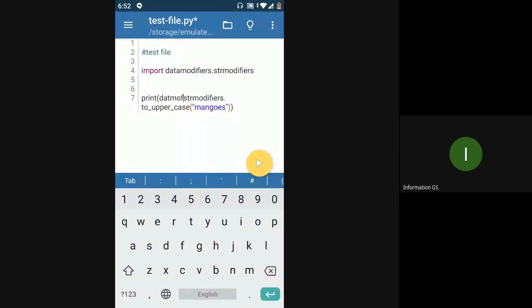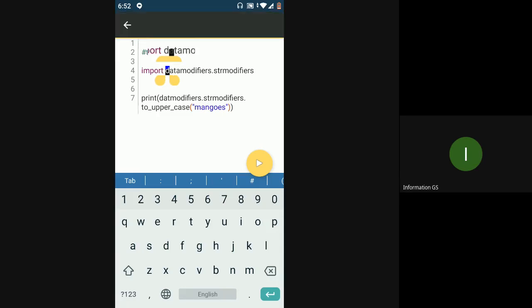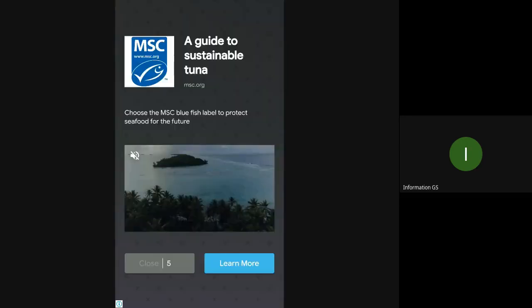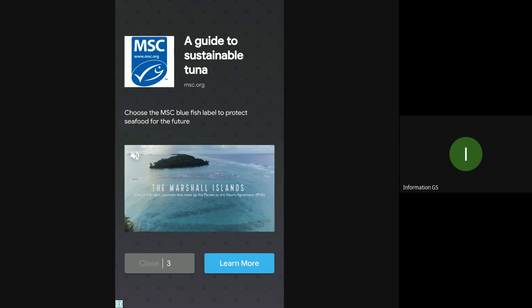So it will be data modifiers dot str modifiers dot two uppercase, because you are importing data modifiers dot str modifiers. In order to access anything inside of that, you have to use this whole thing. So if I run this, yeah, these are different ways of doing the same thing.